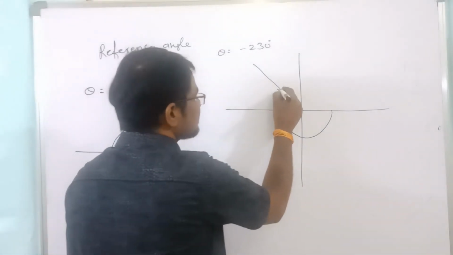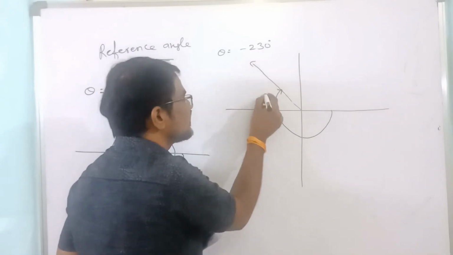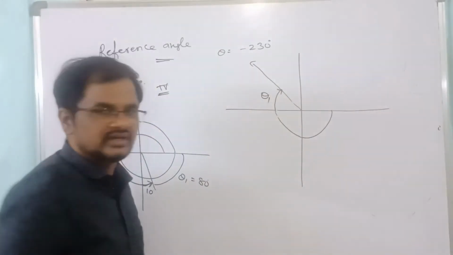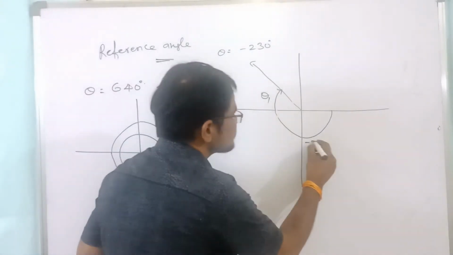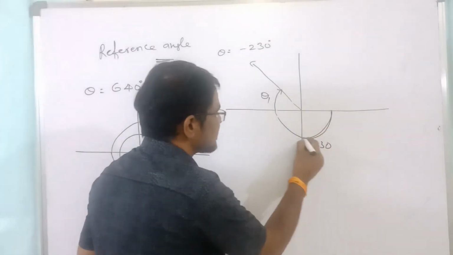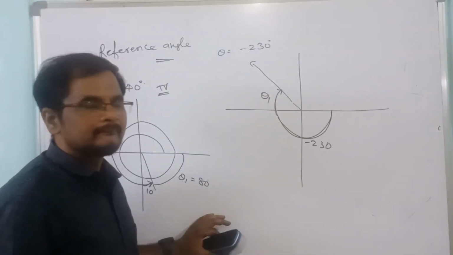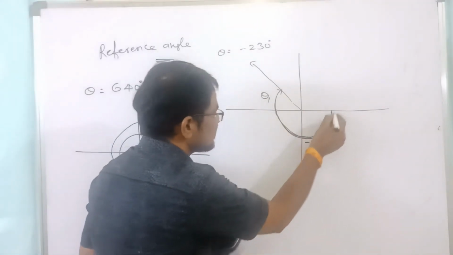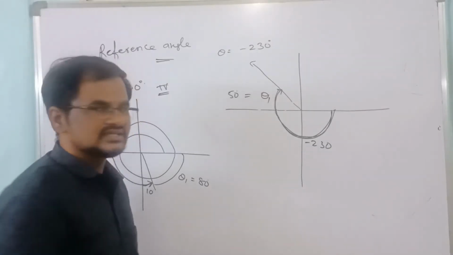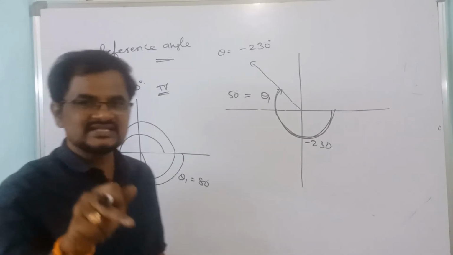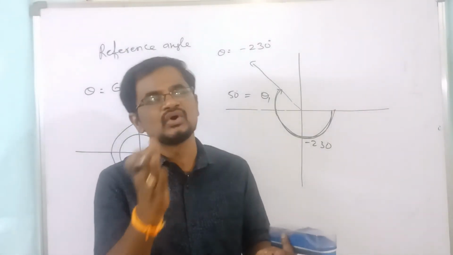So minus 50 means, here, this is the reference angle. How to take it? This is the reference angle in the second quadrant. If theta lies in the second quadrant, this is minus 230, right? But how to take the reference angle? From here to here it is 180, so definitely the reference angle we have to take is 50 degrees, because a reference angle is an acute angle, that means 0 to 90.